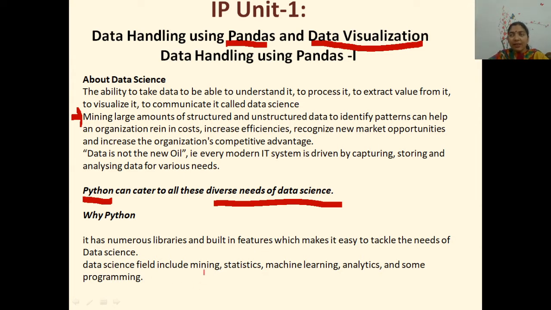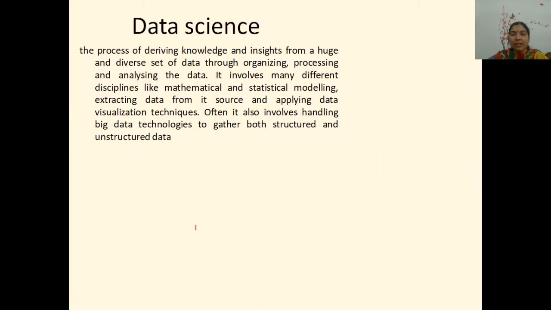The data science activities include the mining of the data, working on statistics. It works in the field of machine learning. Machine learning is an integrated part of today's society. We are able to do a lot of analysis, analytics, and of course programming, because without programming, any programming language is of no use. So this is about data science. I will once again say the definition.